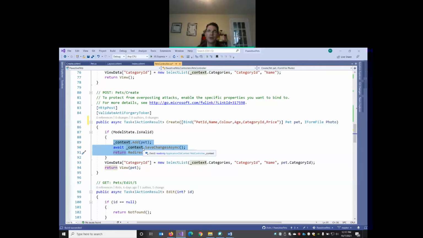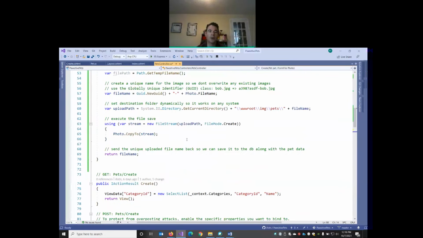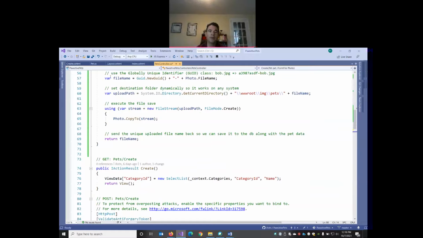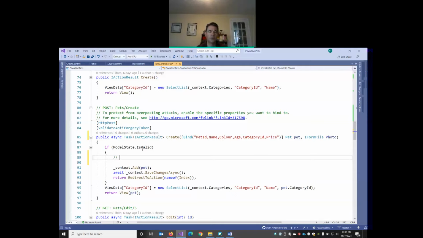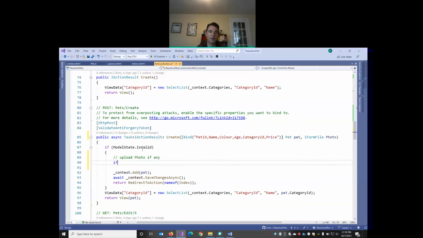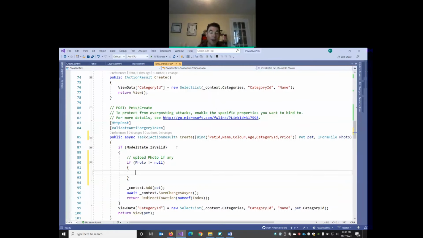When do we say upload the photo? Before saving to the database or after saving to the database? Yeah, that's right, Ralph. It's got to happen before. That's right, Fatima, because we're going to need, right? We'll need the unique name to save. So upload photo if any. So if our photo isn't null, so the user did browse to an image file, then we'll call,